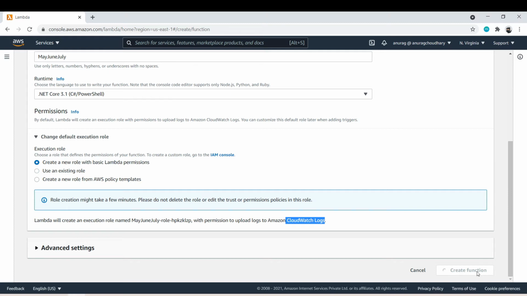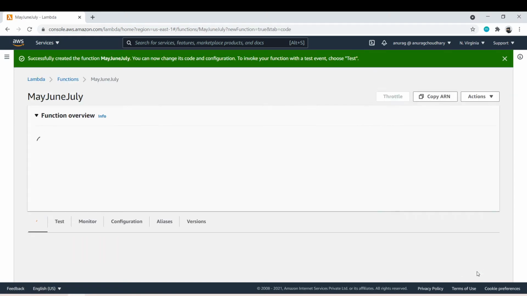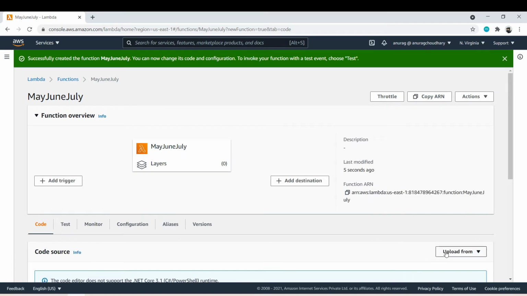and by not complicating it more, I clicked on create function. It should greet me with some sort of visual dashboard where we can now do a few more things. Right, we are almost there. In this function dashboard for our function, which is May, June, July, we do not have a trigger yet, we do not have a destination yet,